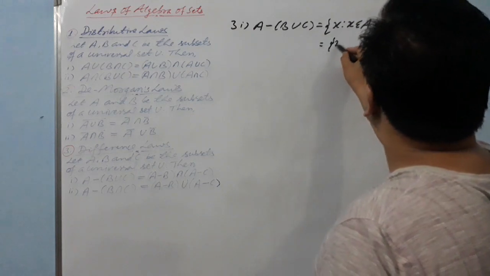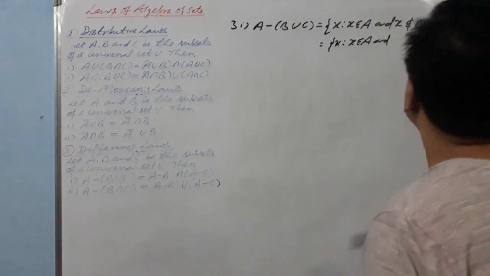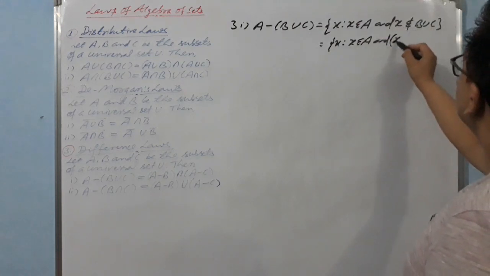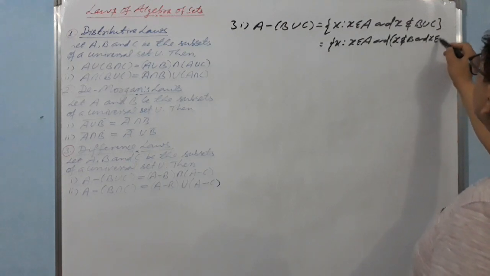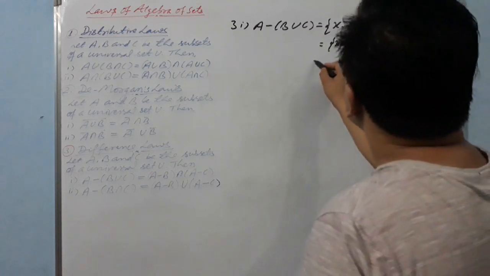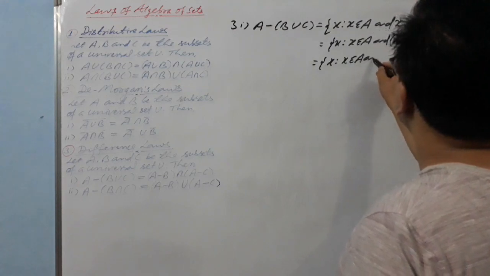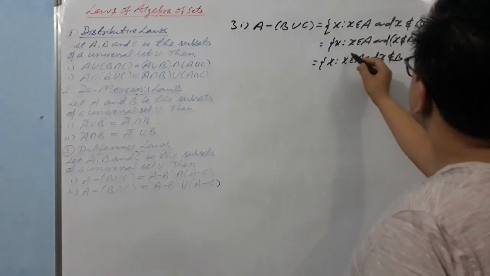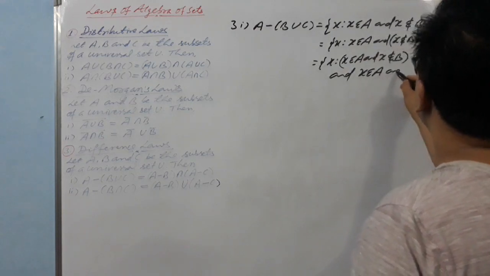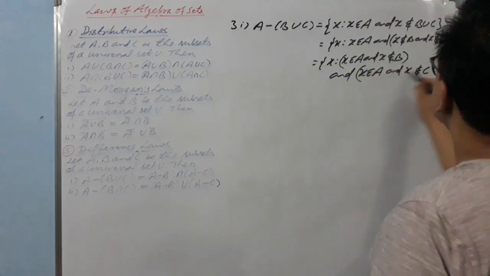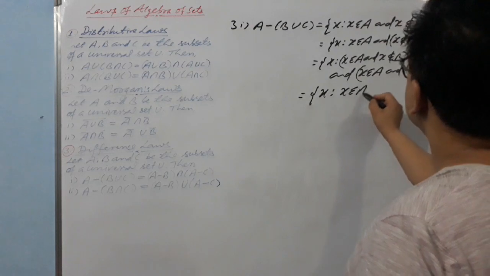Is equal to {x such that x belongs to A, and now you need to open here. Just now I told you x does not belong to B and x does not belong to C. Now you need to use the distributive law: x belongs to A and x does not belong to B, and x belongs to A and x does not belong to C. Is equal to {x such that x belongs to A minus B